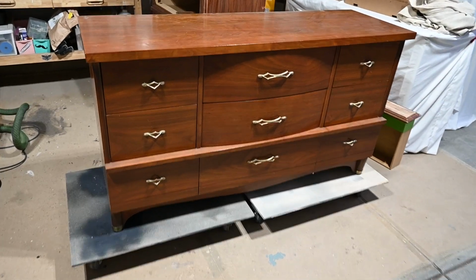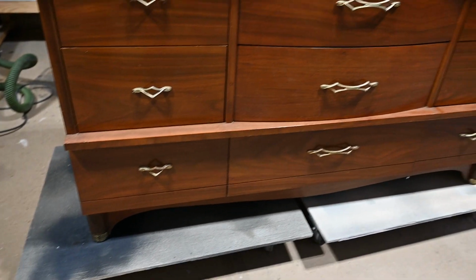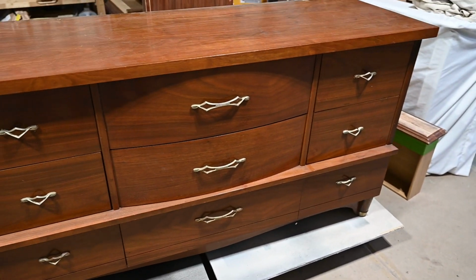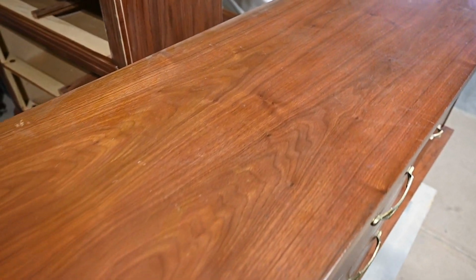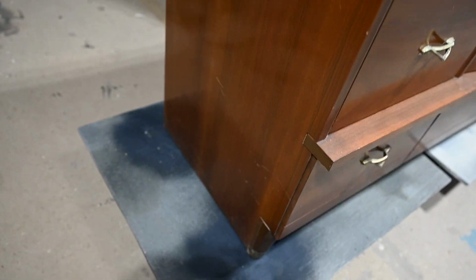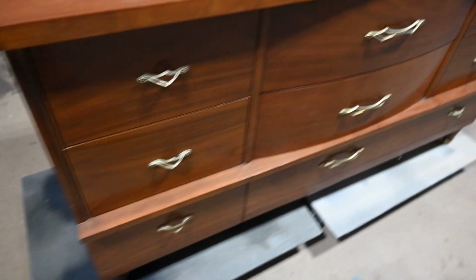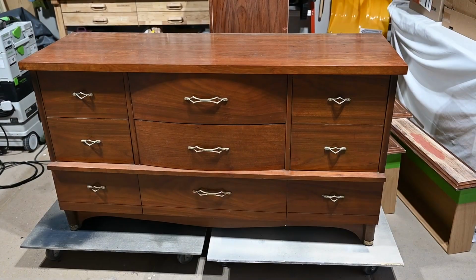So again, this is the McCoy MCM Lowboy that I'm going to be working on. It does need some things. The finish is not the best, especially on the top. You can see all these little places that need repaired and scratches and things of that nature. There's also something I forgot when it comes to the staining of this piece. So follow along during the video and see if you can figure out, and I'll tell you at the end